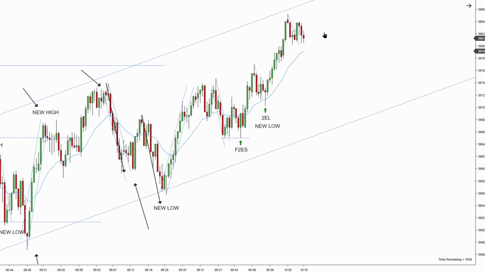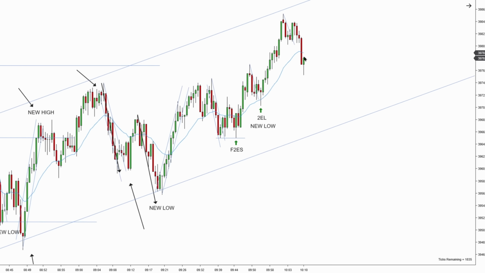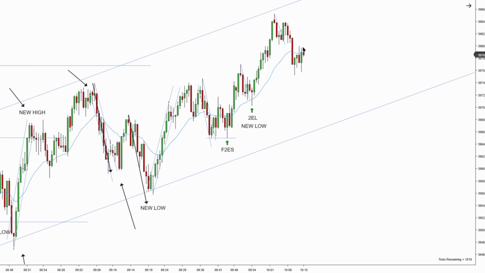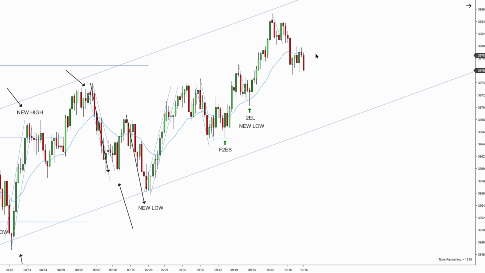Okay, new high, first entry long. We have a second entry long, but it's below EMA. It's not the key entry point. I cannot take this. If I'm going to go long, EMA needs to be holding prices here. That didn't happen. Okay, high low has no trigger, but I would prefer failed second entry short because notice, remember,